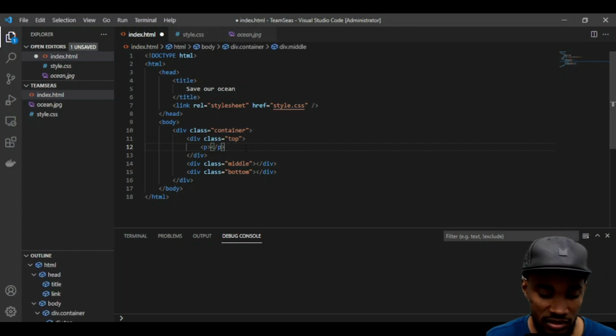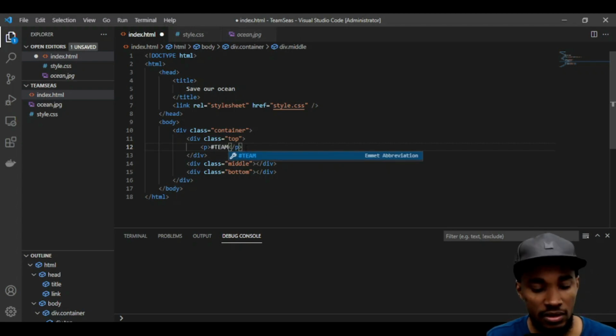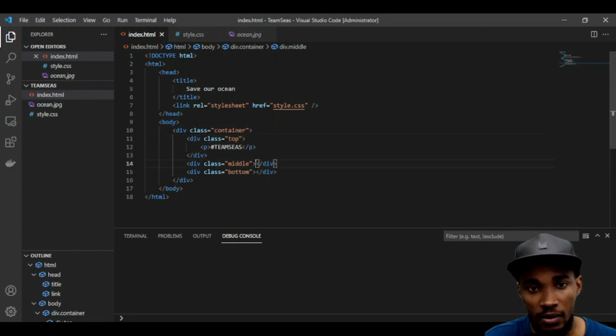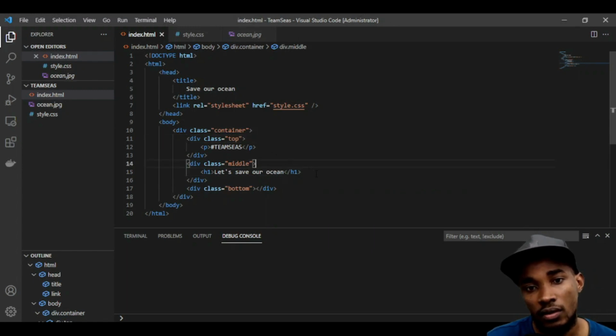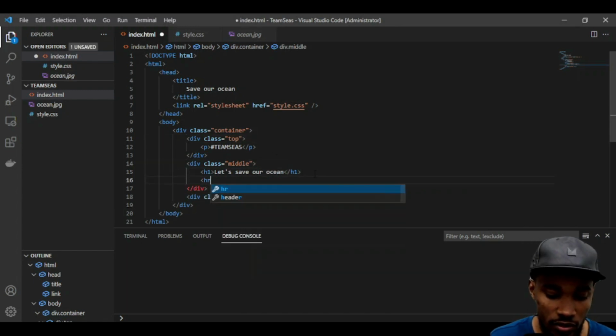I think my IntelliSense is taking so long, so we can say hashtag teamseas, because that's the actual group we help promote and push. Then we have the middle one, which will have an h1. We can have an h1 there and say let's save our ocean. Okay. Let's save our ocean. We have